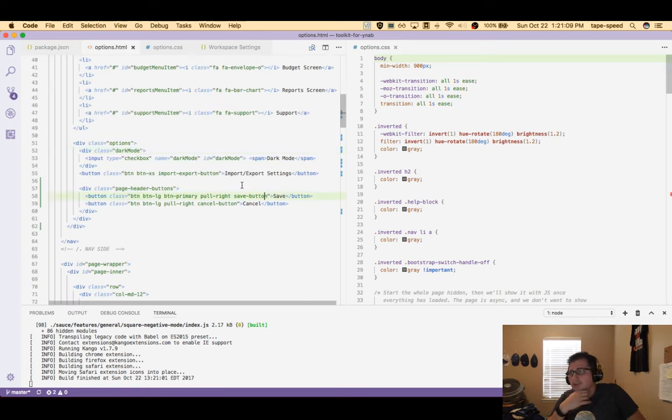let's go back. That gives me just more space. I know the minimap is kind of nice to see how big the file is, and just the view of it. But I don't find it very useful. I'm good with